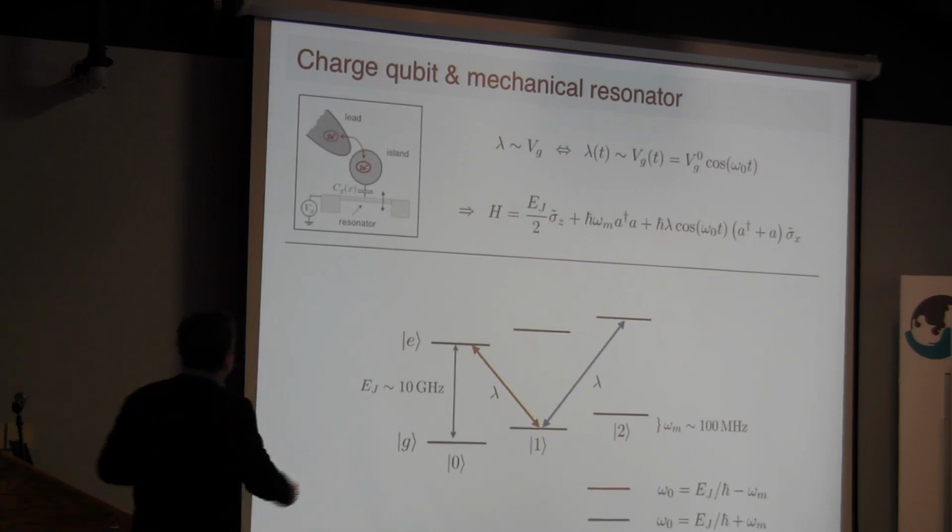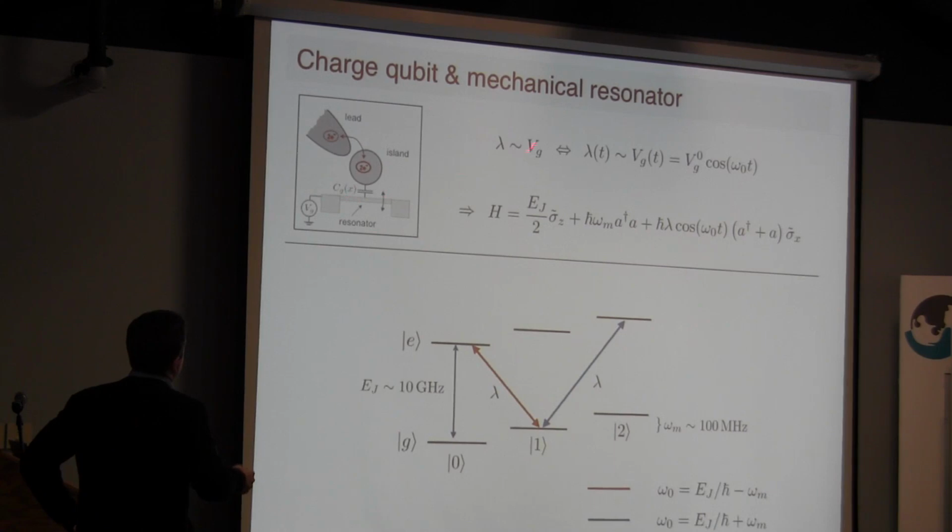And what you can do, for example, is, as I told you before, this coupling here depends on the gate voltage, so how much charge I put on this side of the resonator. So suppose I now drive this gate voltage, so I have something that's oscillating with a frequency. I will also end up with a time-dependent,